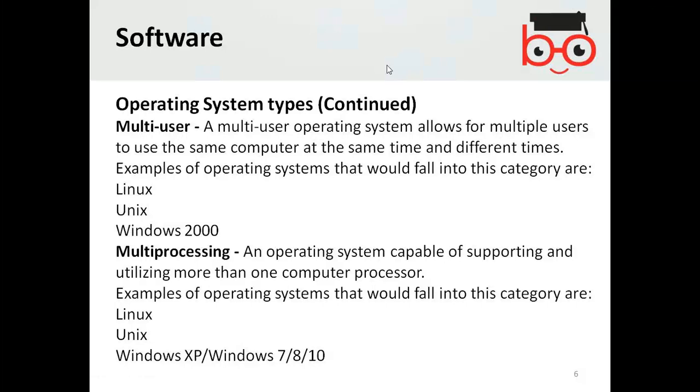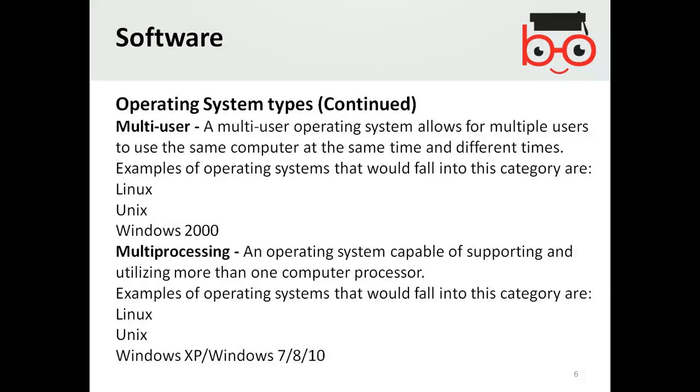For example, if the computer has more than one processor or more than one core, for example two cores, it means the processor has two processors, or multi-processing. Then it is also the responsibility of the operating system to control the multi-processors. So nowadays, after Pentium 4, like Core 2 Duo or dual core, then Core i3, Core i7, you are expecting more number of cores.